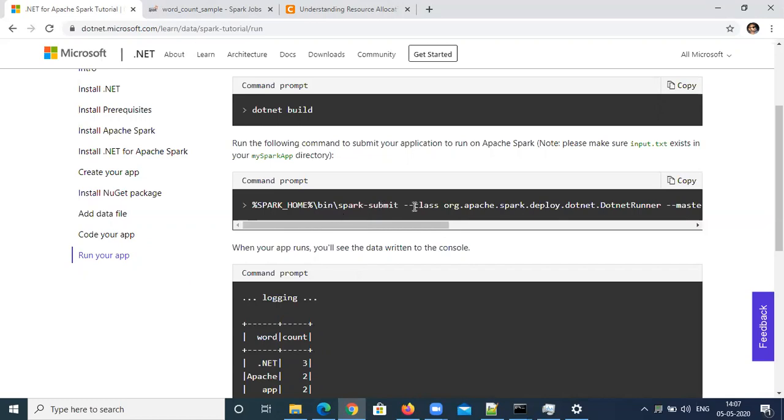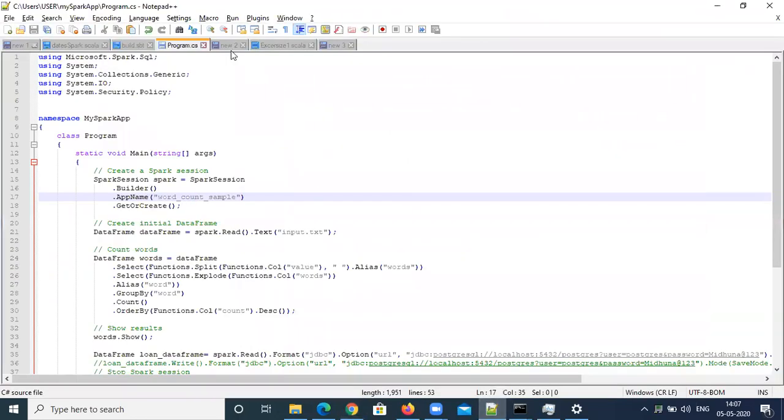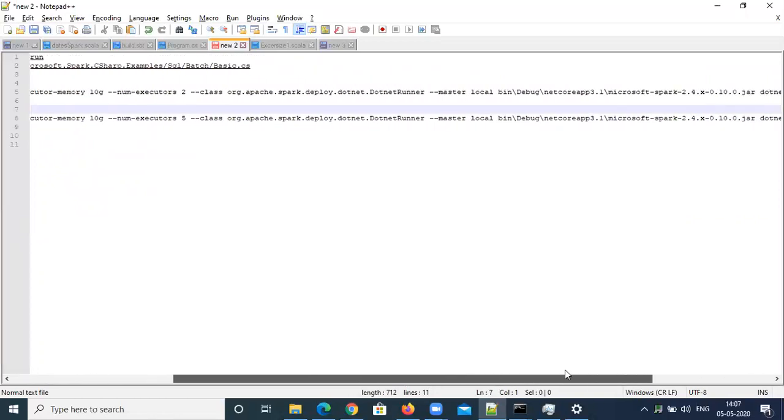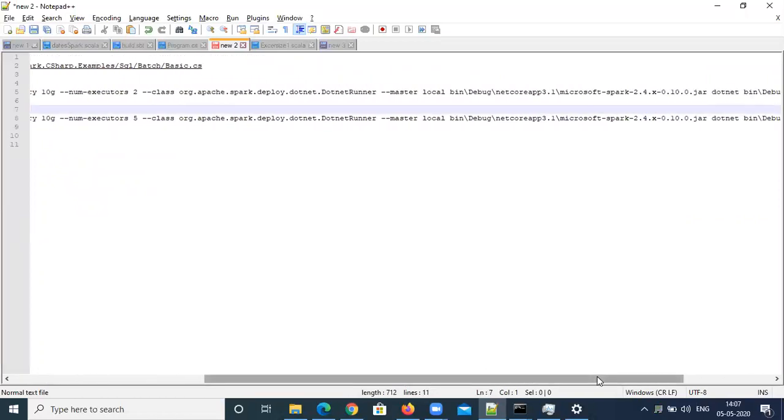So spark-submit --class. This is the existing class that we have. Let me go to here and then explain. And --master local, and specifying driver memory and executor memory, and the number of executors. I set it because I have connected to Postgres SQL, and I'm trying to do something like data load and data extraction. So you can use those arguments, or else you can leave them out. And master local, because this is a standalone application where I'm using Spark, so you have to mention Spark master as local, and these are all other configuration variables.